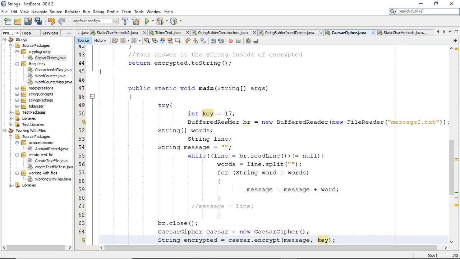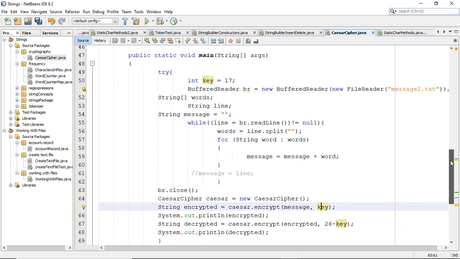So we are using the buffer reader object of the buffer reader class to read from a file, and that we do by using the file reader class. We are using the buffer reader object to store our message in the buffer in our memory, and we will then be extracting words from that message, as we can see over here. We are breaking down the message